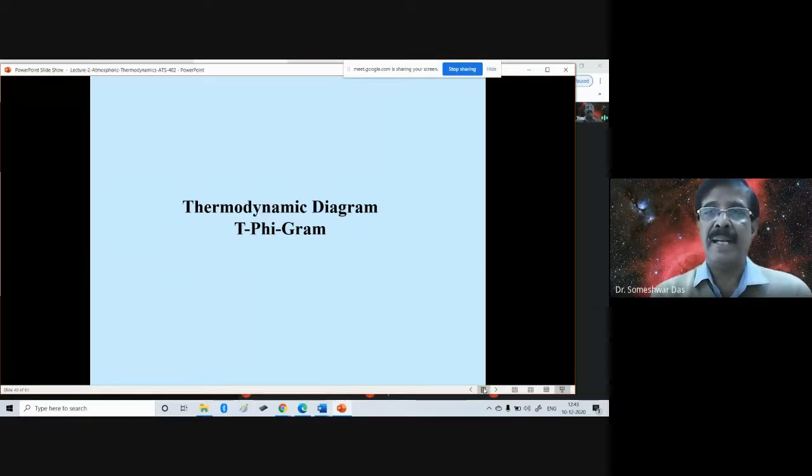Every day when the observations were taken by the radiosonde, they were manually plotted on the diagram, two times a day. Nowadays, of course, everything is computerized, so they are plotted by the computer. But it is important to know what this diagram is, how it looks, and what the different lines in these diagrams represent.